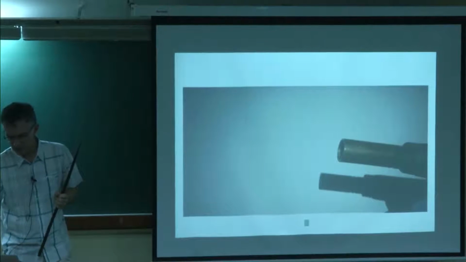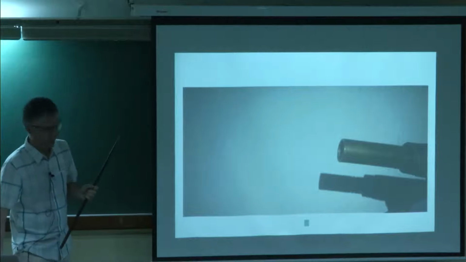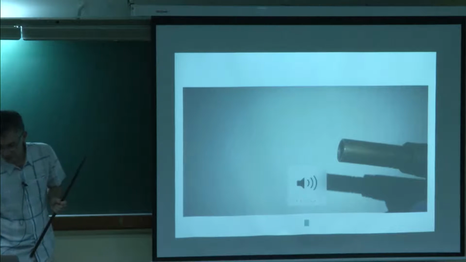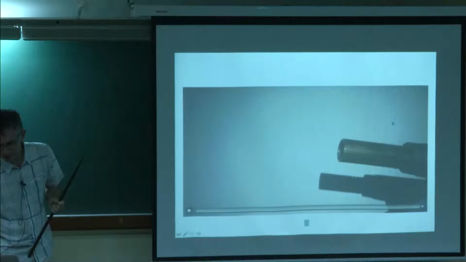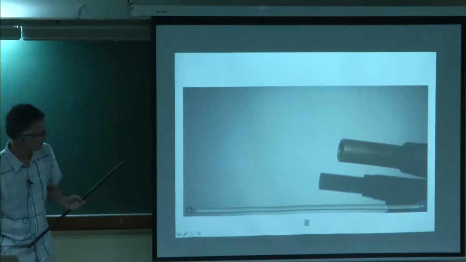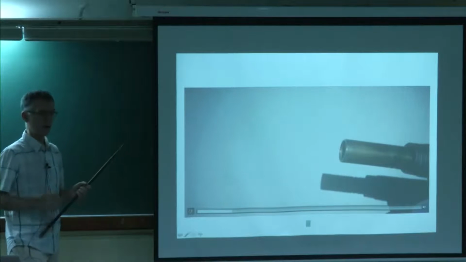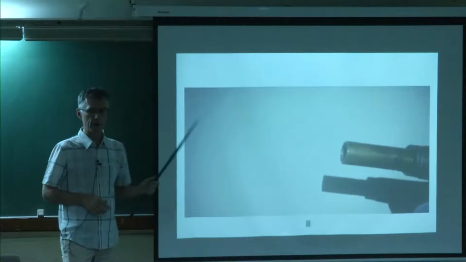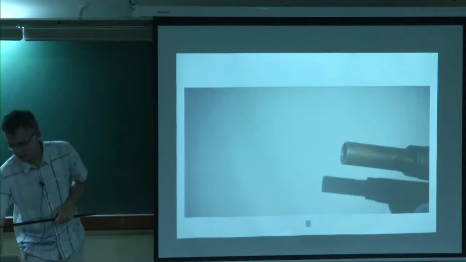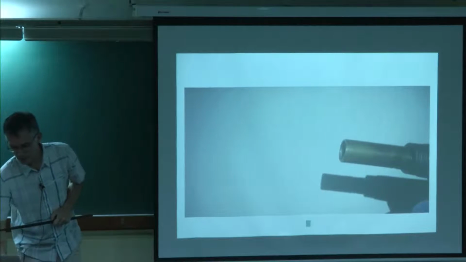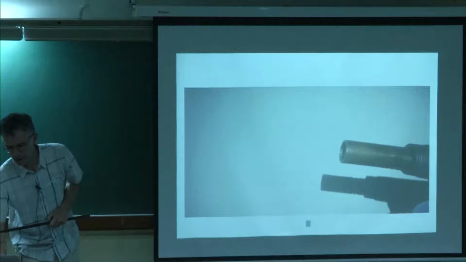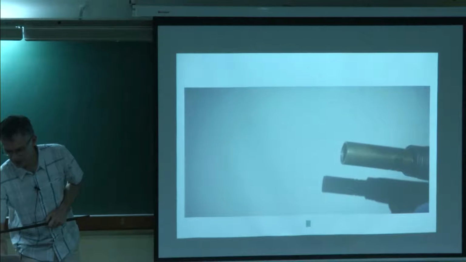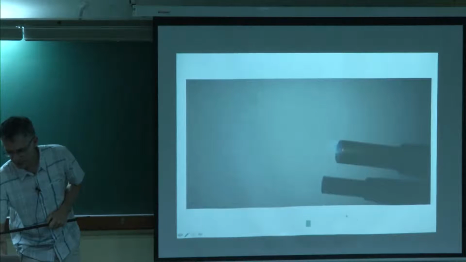Now, this noise in the far field is something that you can observe easily. This is a case where we have a simple tube. And what you hear now is just the sound of the flow. Then if you change this system and ignite it, this is what you will hear.